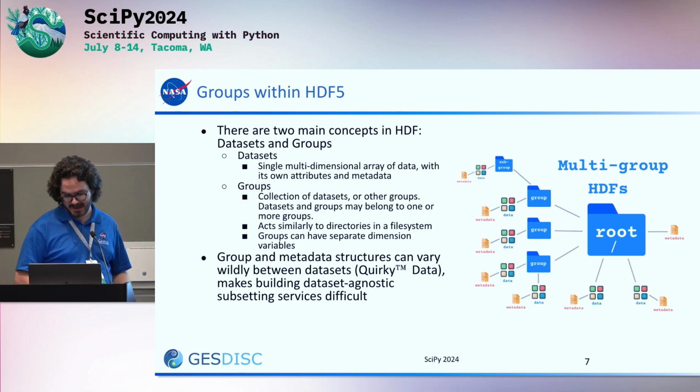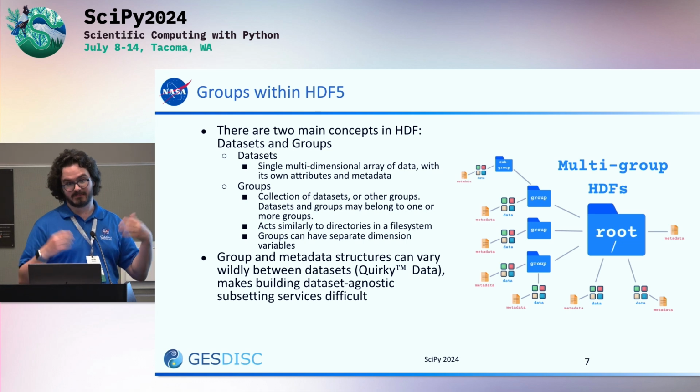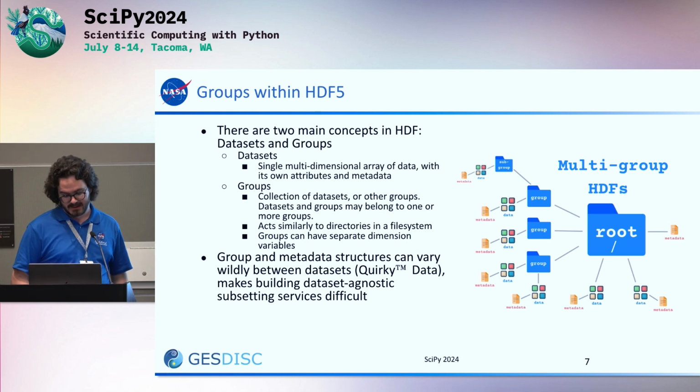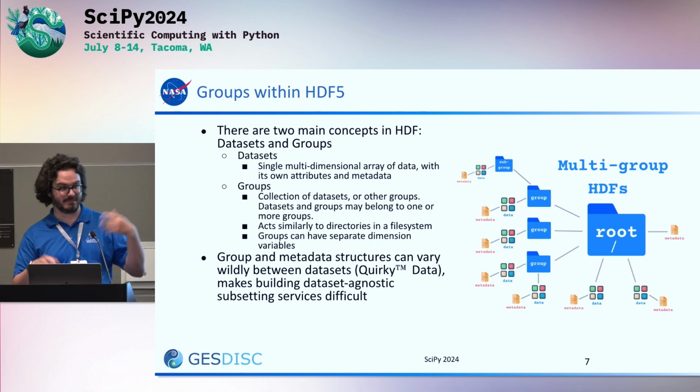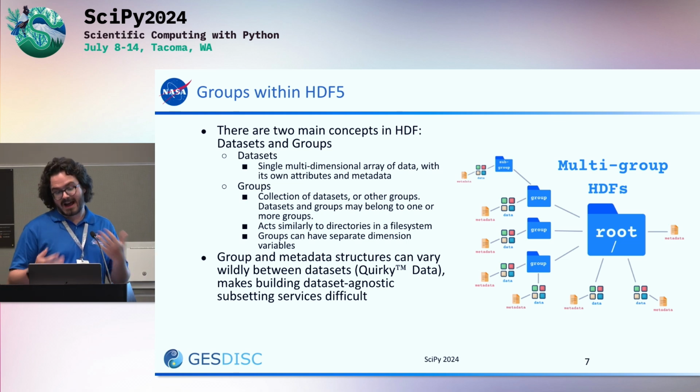file. But there are two main concepts, datasets and groups. A dataset is a multi-dimensional array, a single array of data with its own attributes and metadata. And a group is a collection of datasets or groups. And a dataset or a group might belong to one group or many groups, and groups can self-reference each other, and this can all get very complicated very, very quickly. It acts very similar to the directory system in a Unix file system. There is a root group always, and then optionally, but not always, subgroups and sub-subgroups under that, each containing various